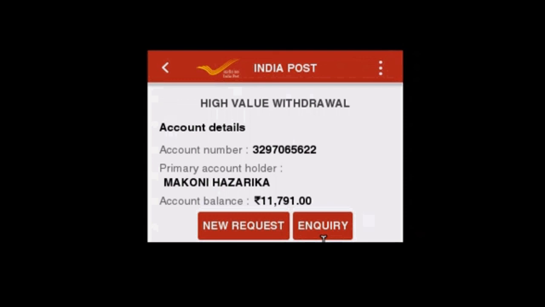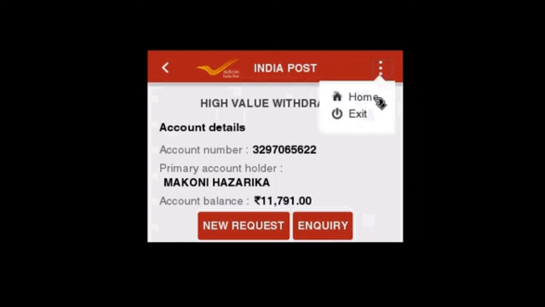Therefore, care should be taken in this regard. If a high value request is placed, then the request must be materialized. Otherwise, this will create a problem with the balance of that particular account. So care should be taken.